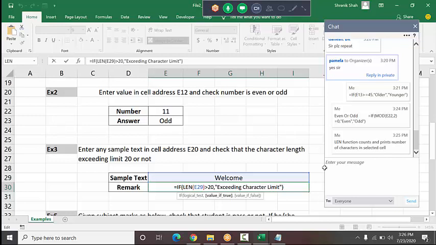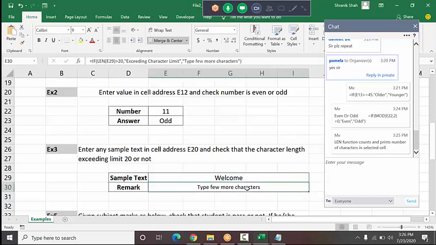So after the message I type a comma, then type few more characters. I press enter, and it prints type few more characters. But if I type more than 20, it only notifies me that I exceeded the character limit.